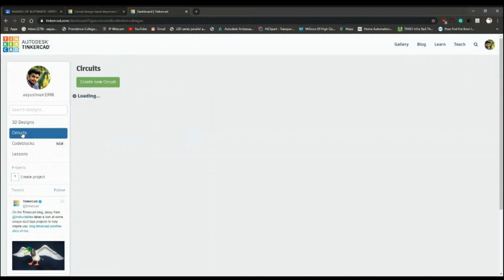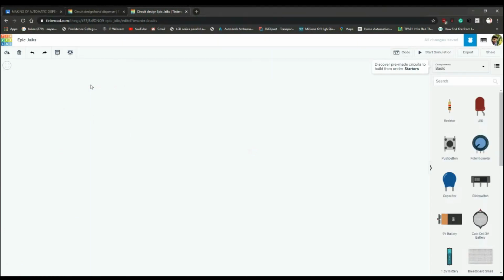Right now I'm going to select this circuit and click on Create New Circuit. Okay, so this is our work plane right now. On the right-hand side, you can see the components.